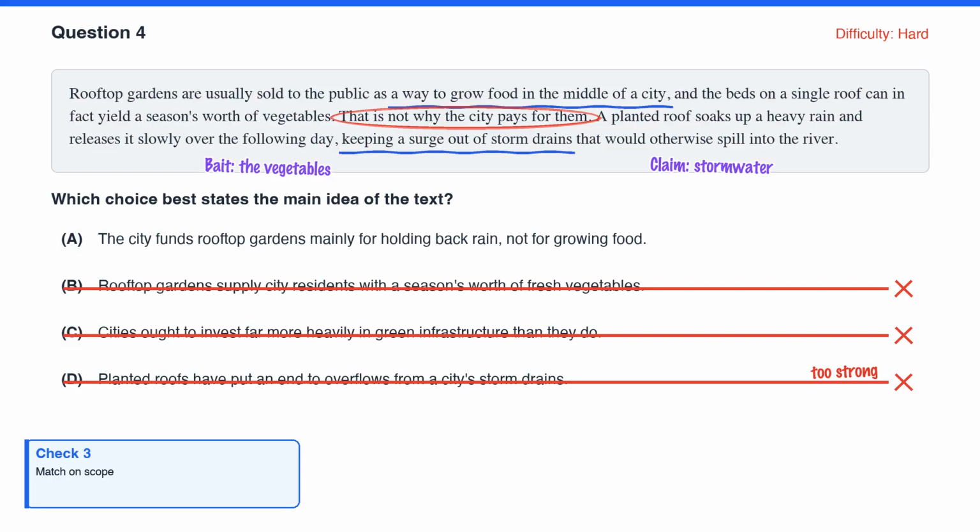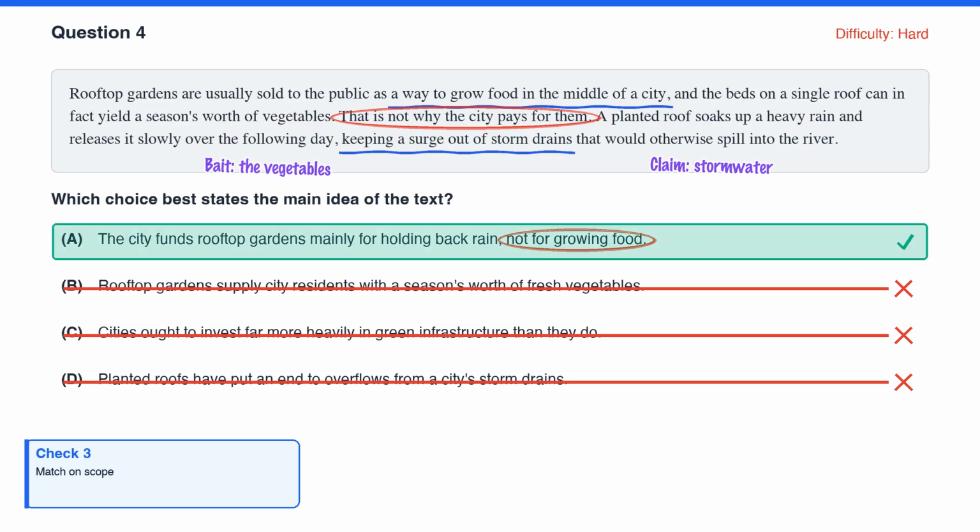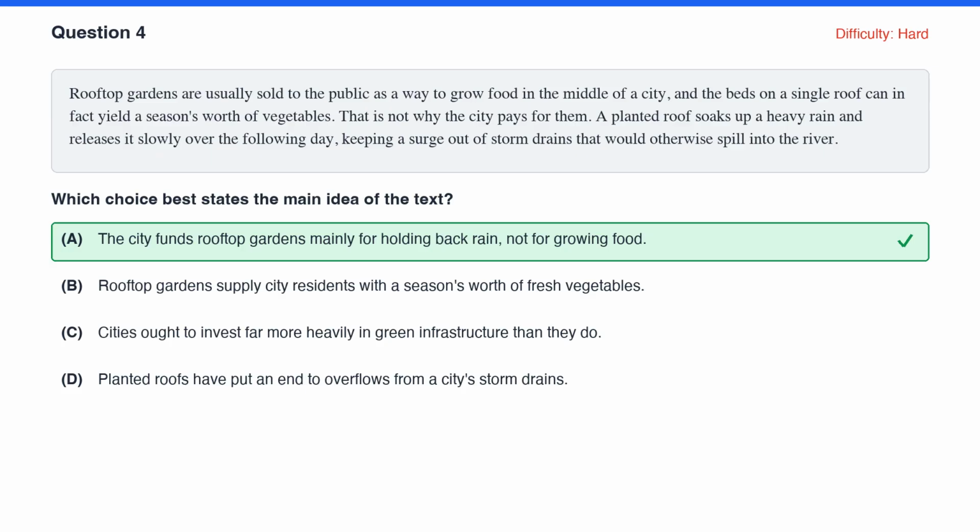Strike it. A says the city funds these roofs mainly for holding back rain, not for growing food. Both halves in the right order. That is the winner here. That one is right because we read the pivot as a pivot. When a passage says this is not the reason, everything before it is bait, and the claim is whatever comes